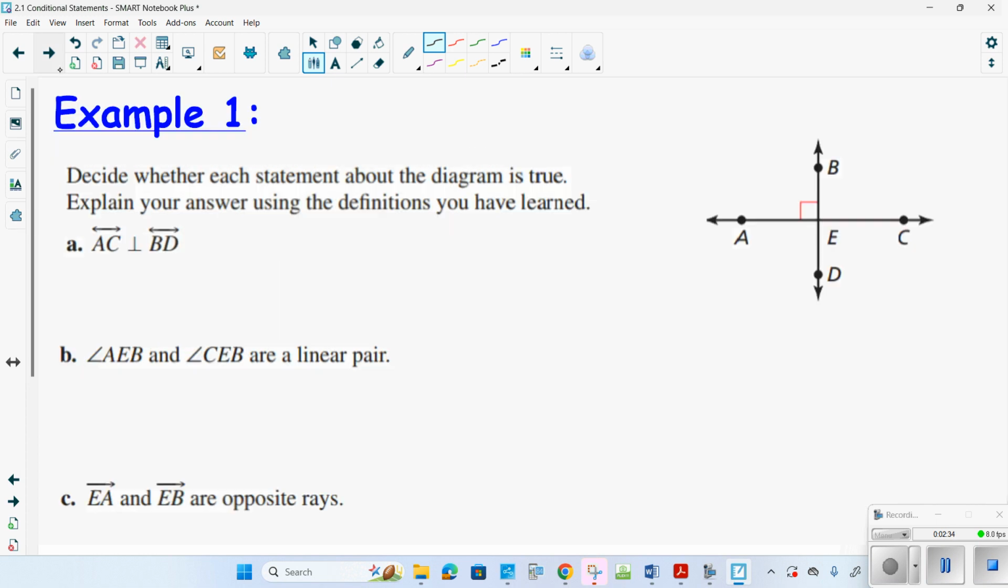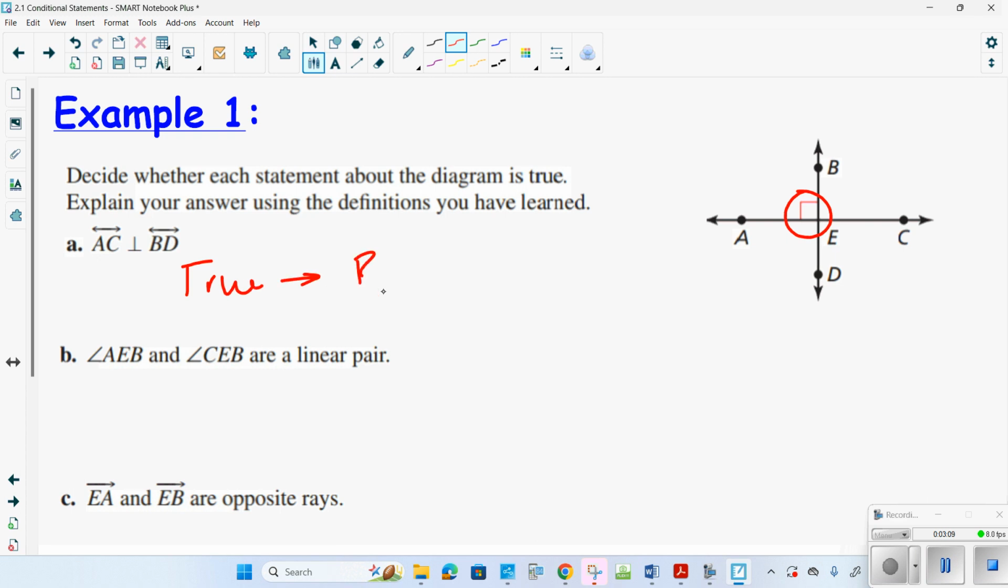So the next page, decide whether each statement about the diagram is true and explain your answer. Give me a reason for something to be true, or give me a reason for something to be false. So I'm looking at this picture and I see that there's a right angle. I'm going to circle that. That's important for us to see those. That means that these are right angles, and these two then would be perpendicular. So automatically, the first one, AC, is perpendicular to BD. That's true,